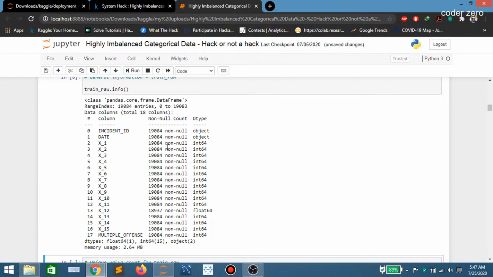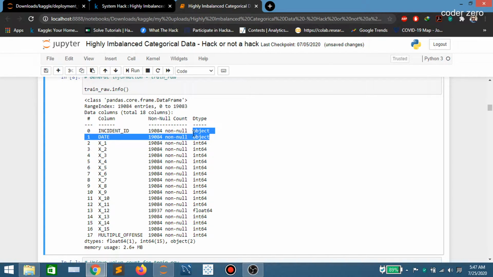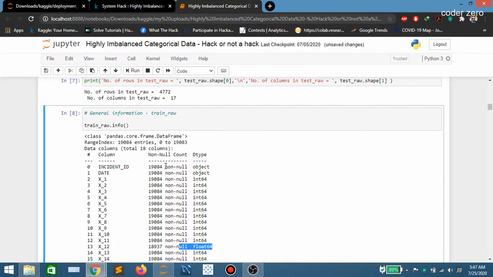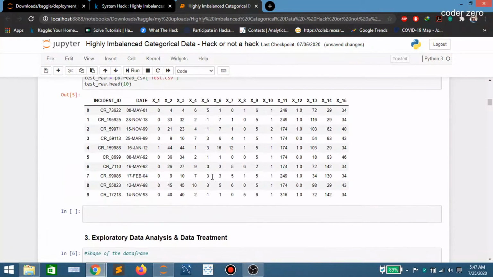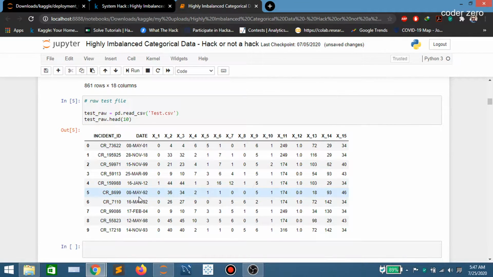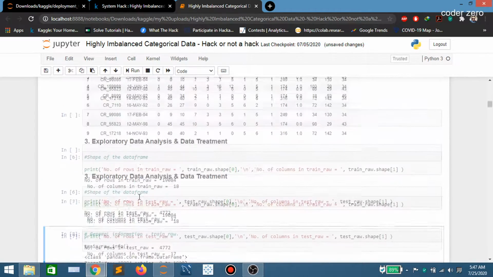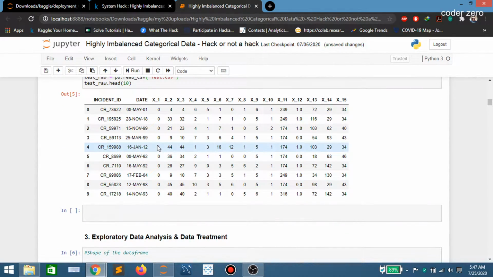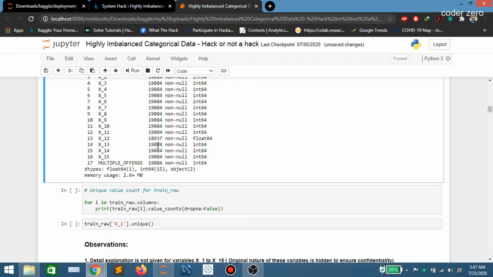In the train dataset we have this many rows, and we have 2 string type columns, 1 float column, and the rest are of type integer. You can see the date column is showing as object, because the values in the date column are in the form of strings. So we need to convert this string value to a datetime object. We'll see how to do that.